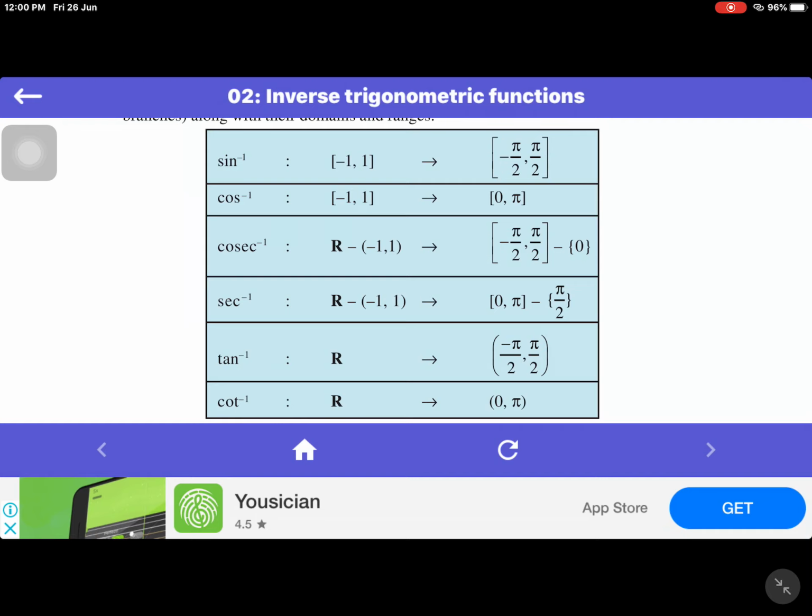The same for tan inverse, the open interval (-pi/2, pi/2), the answer should be between -90 and 90. These all things we already discussed. And after this we discussed one more thing: the negative value of each and every inverse trigonometric function. That part we will discuss once again.